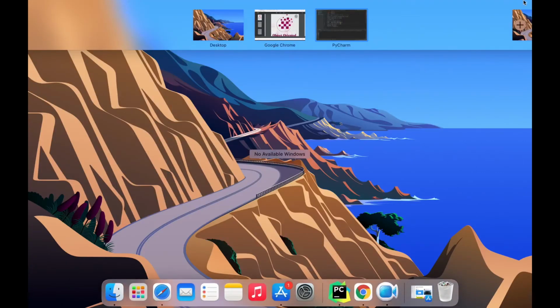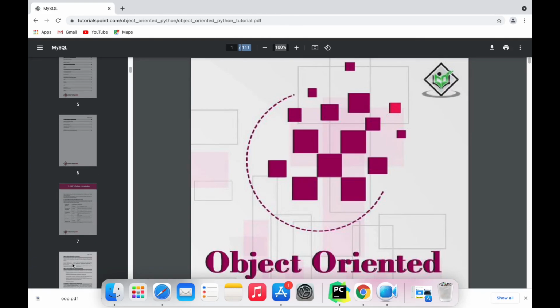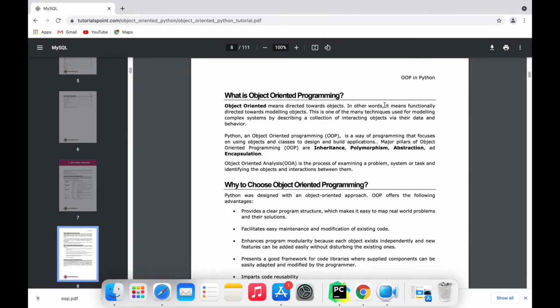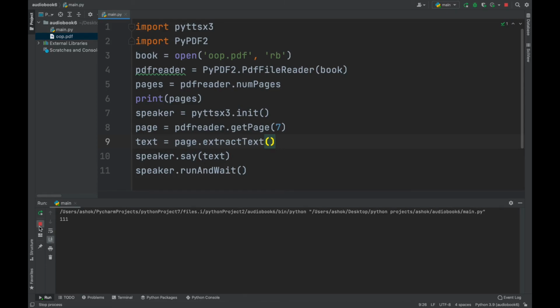In Python, object-oriented means directed towards objects. In other words, it means functionally directed towards modeling objects. This is one of the many techniques used for modeling complex systems by describing a collection of interacting objects via their data and behavior. Python and object-oriented programming, OOP, is a way of programming that focuses on using objects and classes to design and build applications. Major pillars of object-oriented